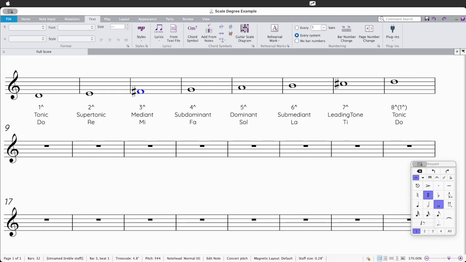la, ti, do. And then we named each scale degree: tonic, supertonic, mediant, subdominant, dominant, submediant, leading tone, and tonic. And then our scale degrees are 1 through 7 with the little caret. We can say 8 or 1 here when we reach the octave of the original note. Let's go ahead and take a look at the